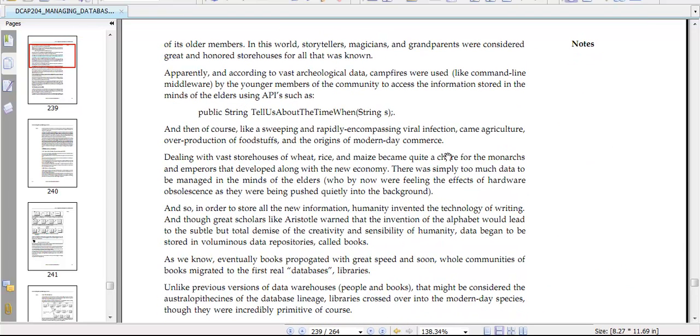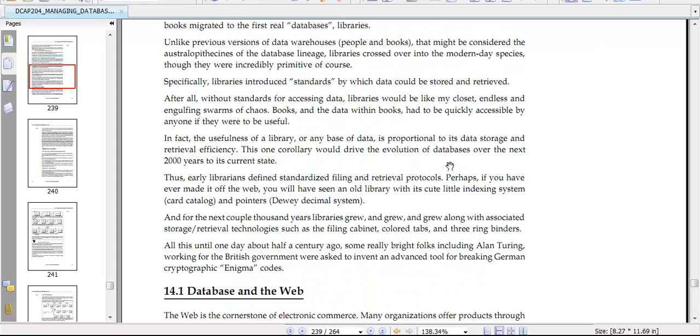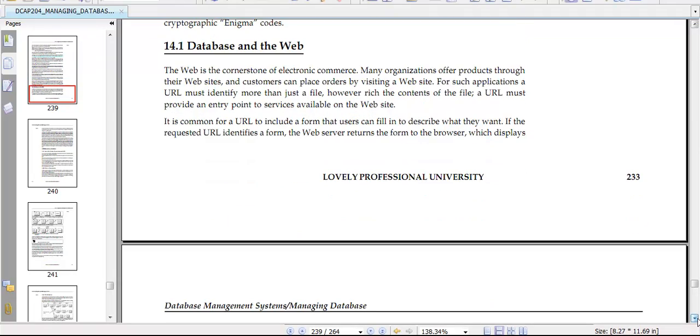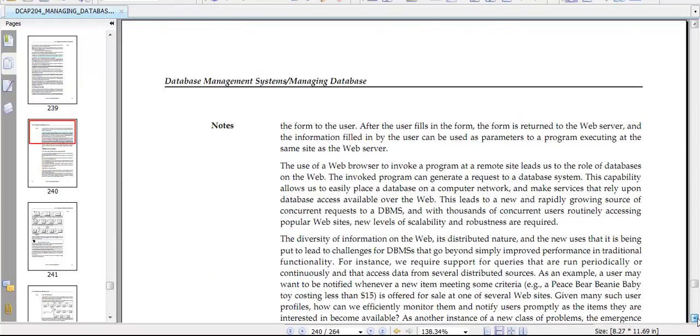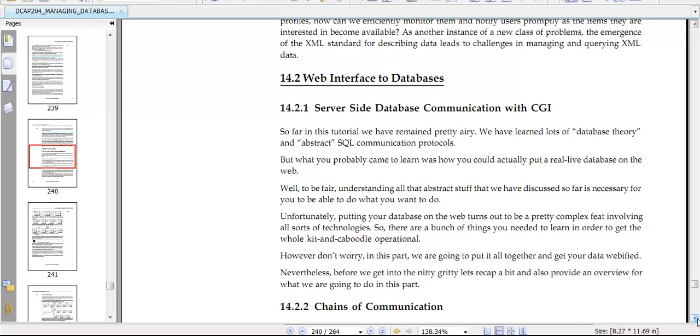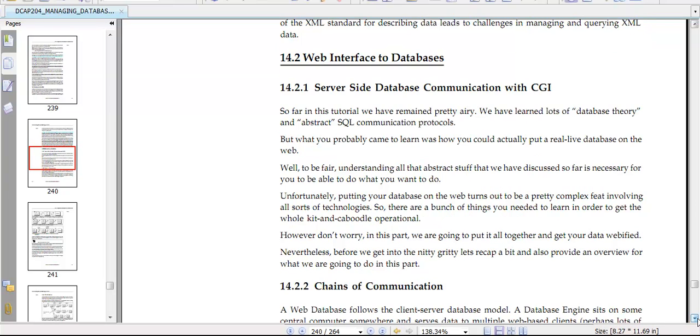So this is all about the web. Most of the time we have information stored on the web. This technology is then extended into something called cloud computing. A URL must provide an entry, and you can do this through a web browser. Now you have server-side data communication with CGI,